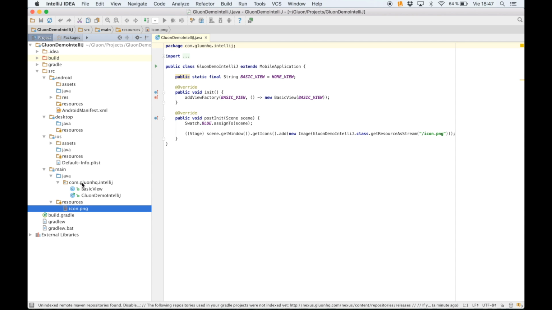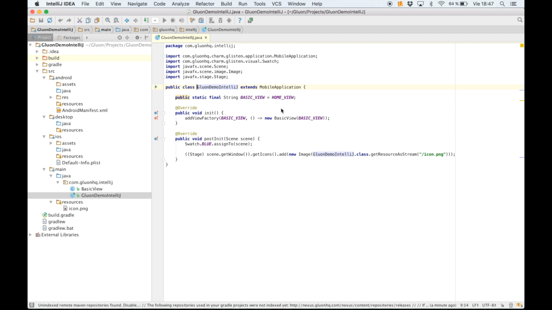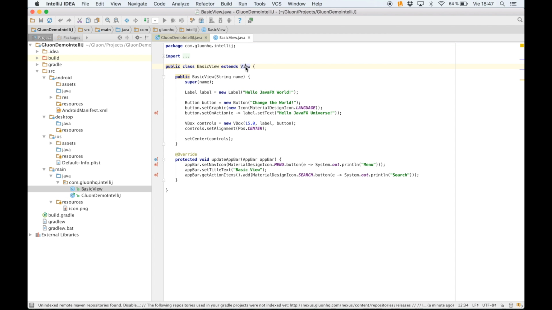So this is a template with just two classes. Our main class extends from mobile application, which is a class that wraps a JavaFX application. So we don't need the start method, we just need to override the init method and provide a new view. This view will be displayed on top of the glass pane we use as a root node on top of our scene. So we have this view class here,